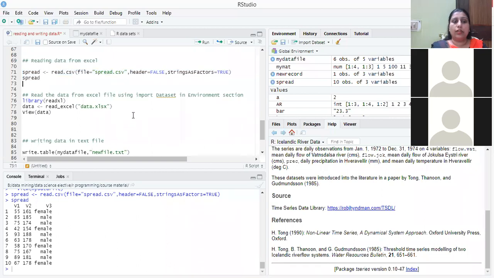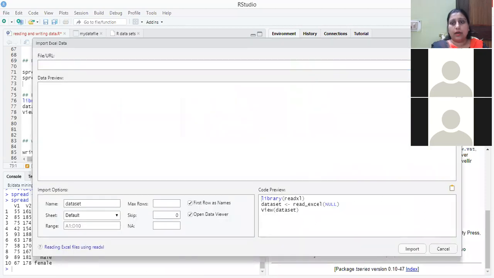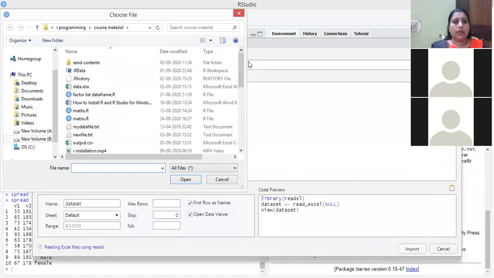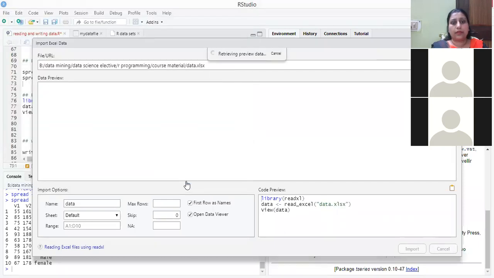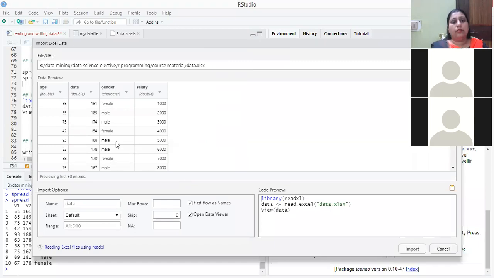And suppose you want to read the Excel sheet directly, you go to the import section, choose from Excel, and browse here. Suppose this is a data file, data.excel, you want to read. You just open it. It will show me your data. These are the data files which I am importing.